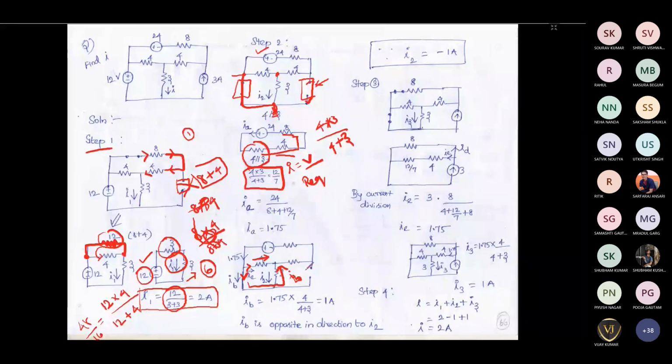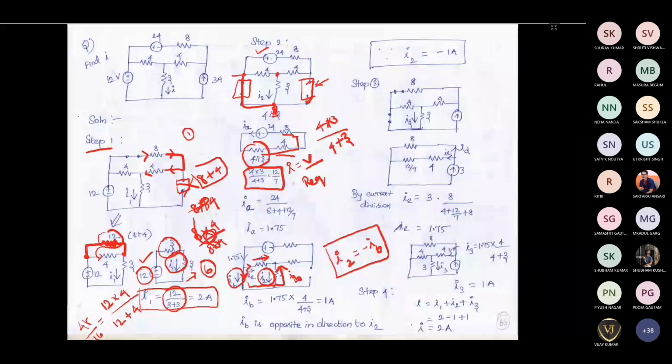So whatever current we have found should be in the negative polarity, because our assumed direction is opposite to the actual current direction of I2. So I2 is equal to minus IB. Is it clear? We have assumed some current direction and found the current, but you can see very clearly that the I2 current direction is opposite to IB. So we have to consider I2 is equal to negative of IB, just because the current is flowing in the opposite direction. Okay, nothing else. So this is for the I2.